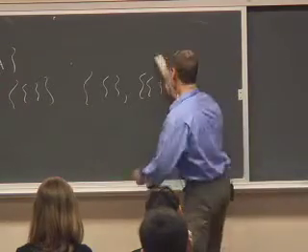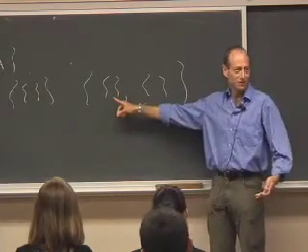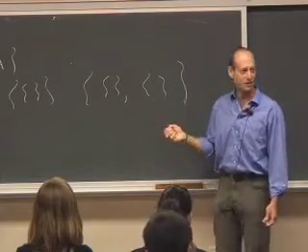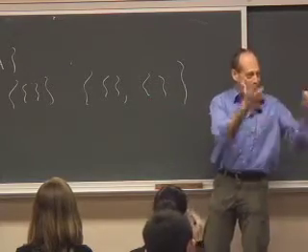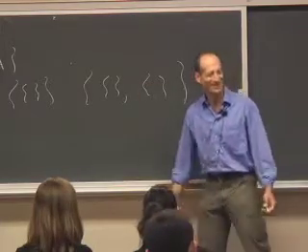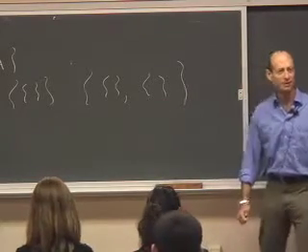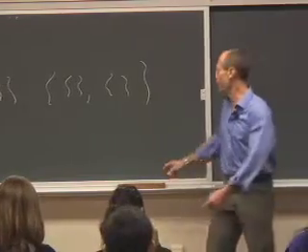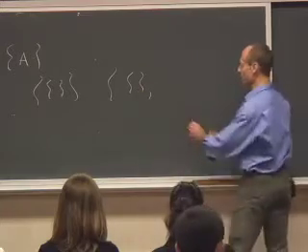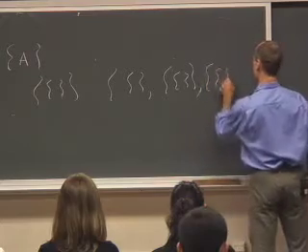Okay, this sort of doesn't really make sense because in a set, if it has the empty set in it, that's it, right? It has it in once. It's sort of like if you're in the classroom, you're in the classroom. There aren't more copies of you around, right? There's sort of just you. All right, does this kind of help? Yeah. Sorry? 3, yeah. So 3 would be, what are the 3 elements? We have the empty set, we have the set that contains the empty set, and we have the set that contains the set that contains the empty set.